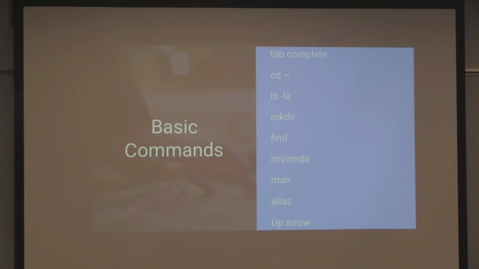The flags. When you're trying to change what the context of that command is doing, you're going to use flags. That hyphen says, hey, I want you to do something different than normal. The L is the long list that tells you when it was made, and the A is hidden directories. So if you go to your home directory and you type ls -a, you're going to see about 3 different folders that start with a dot that you didn't see before. When you want to see when they were created and what the permissions are, you would do an ls -l. To put them both together, you do an ls -la.